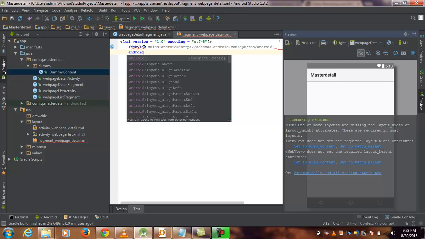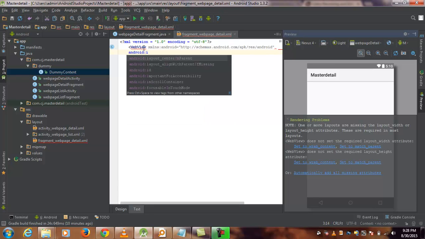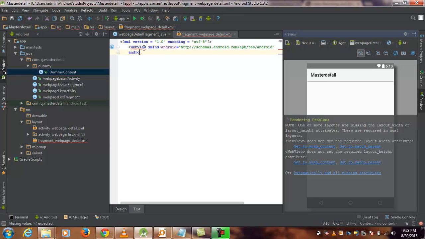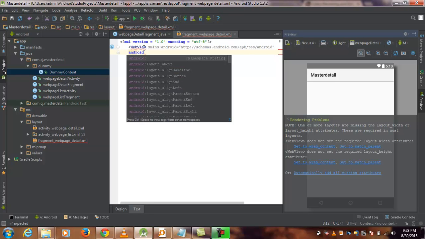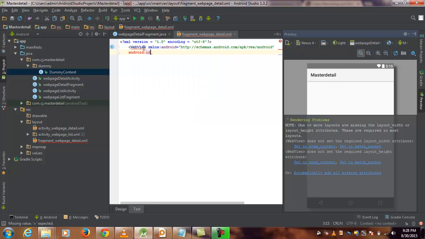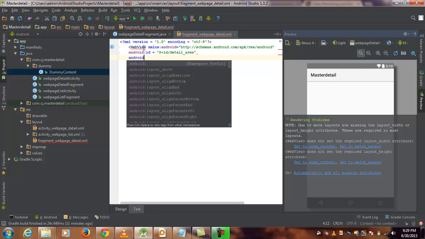Android :ID. Okay. ID is equal to @ ID / I give an ID for this detail. Yeah. This you are allowed to do anything with this. You could give any name, and what I do is I have to select the layout, Android layout, and